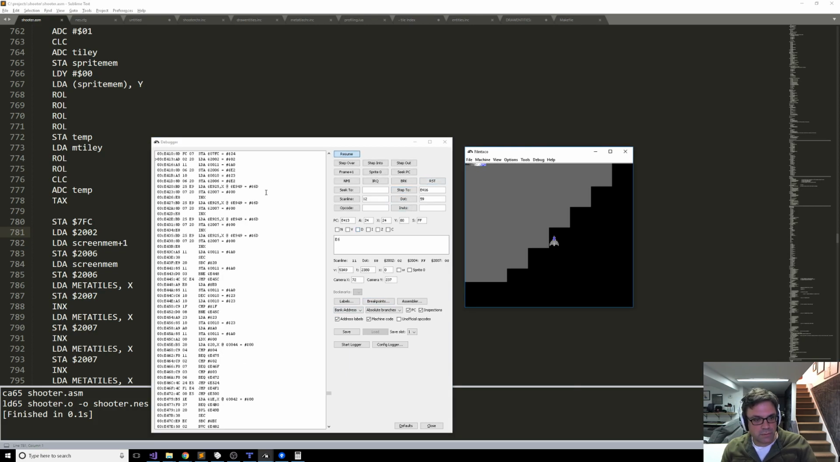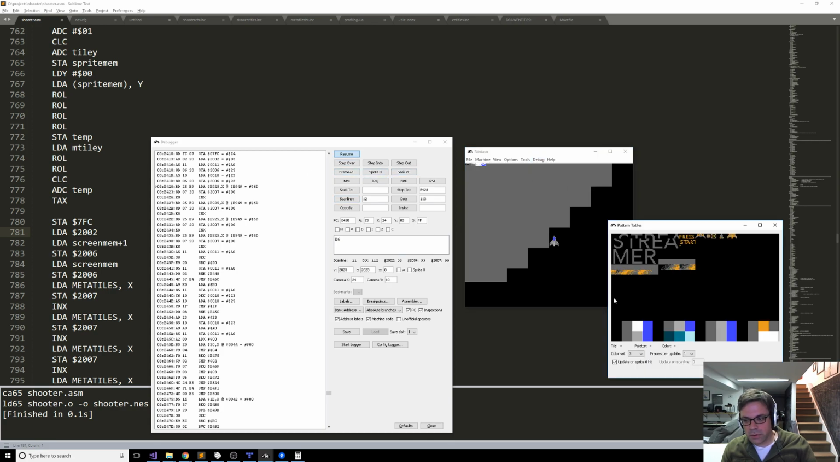Breakpoint. Alright, so we're at a breakpoint. Our breakpoint is we're going to load 2002 to get ourselves ready to start setting up the memory. So step over. So we're going to load A0. We're going to store it into 2006. We're going to load 23, store it into 2006. And then we're going to load the metatile, which gives us 6D,